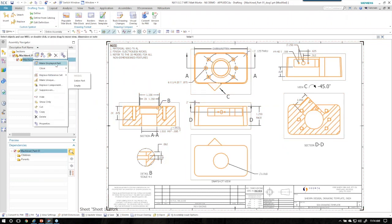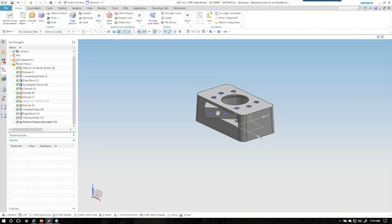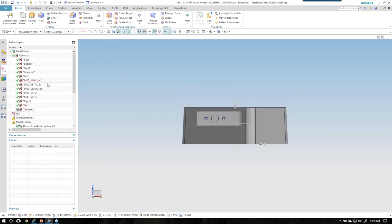And I'm going to go back to make this a displayed part. Look at my model views. I now have some auxiliary views that are showing up in here. I have my PMI node, which is now alive, and it shows me all of the entities that are brought over. So if I go into my auxiliary view,